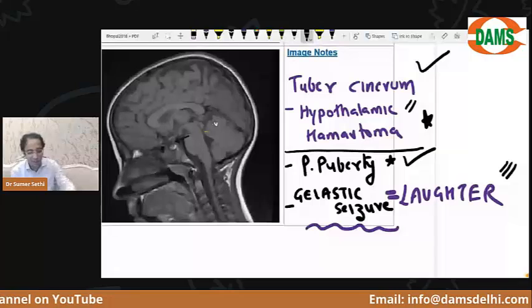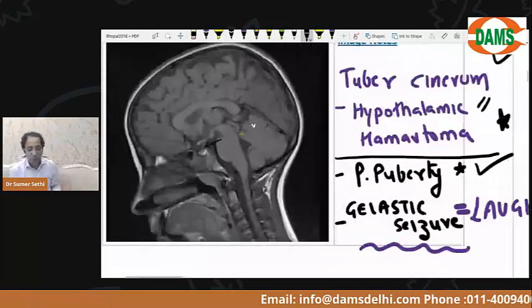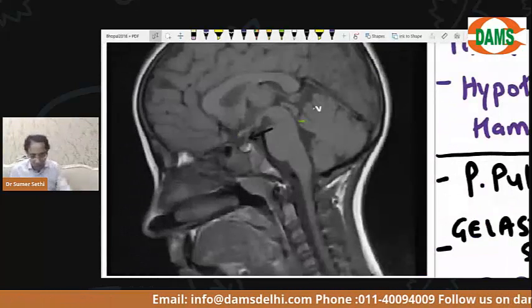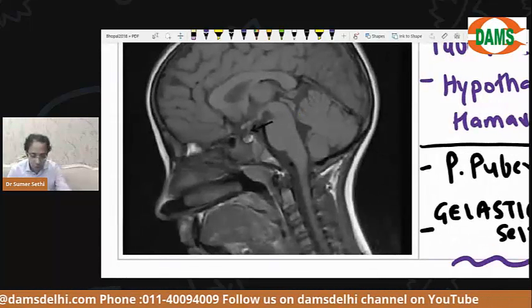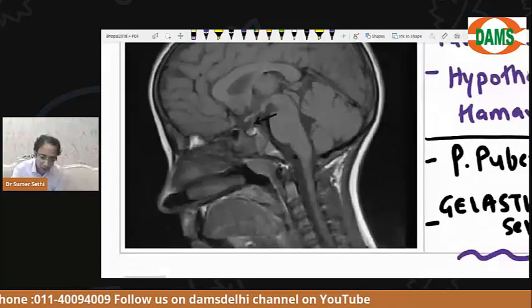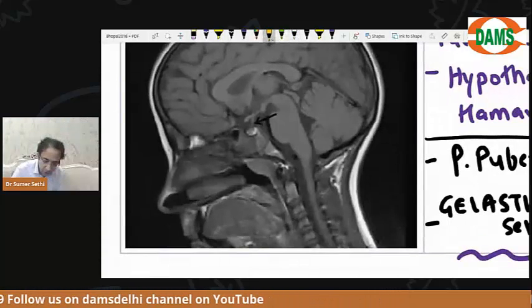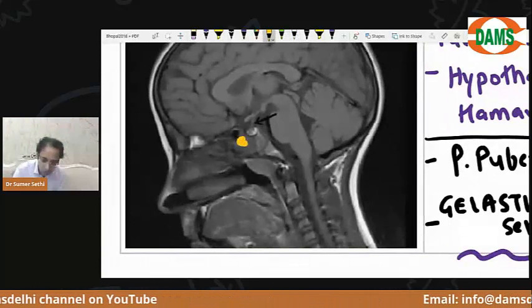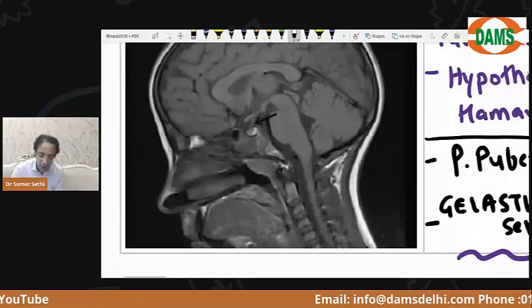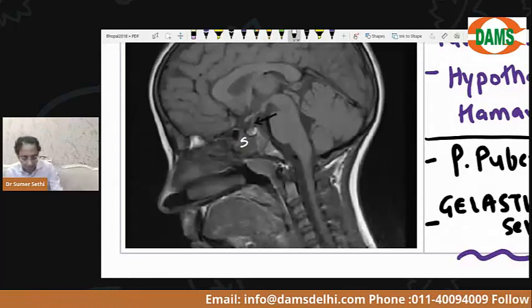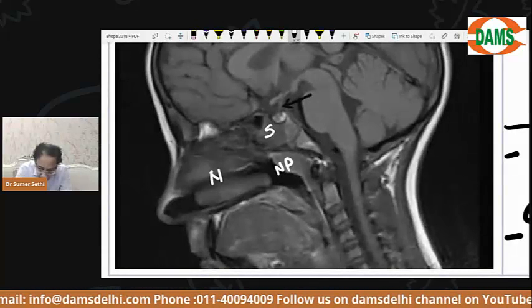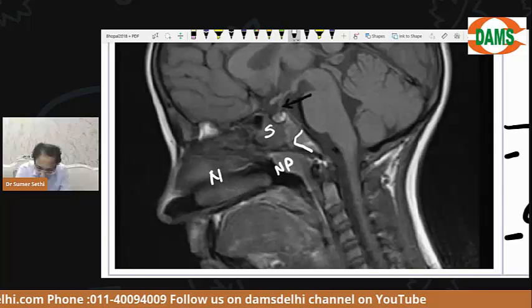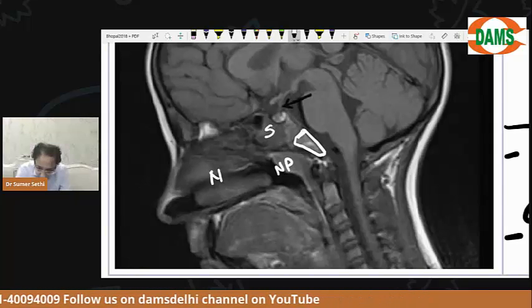Okay, everybody clear? Before we reach the end of this image, with just one more image to show after this and nothing more after that, I want you to see this area below the pituitary gland is your sphenoid sinus. This is your nose, nasopharynx, and the bone that you see here is called the